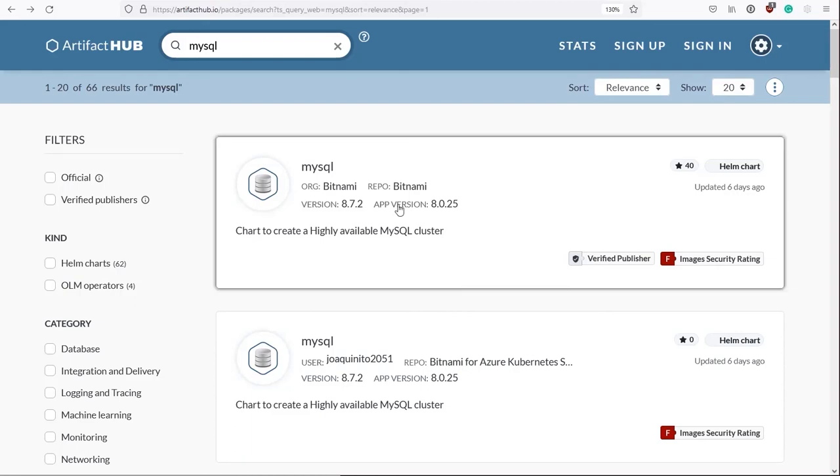We won't go any further with this MySQL example, but what we will do in the next video, we'll look at a more realistic example. If you're wanting to know how I built the monitoring stack in the earlier part of this course, then we'll discover that I used Helm to do that, and I'll take you through the exact steps that I followed. I'll see you for that.